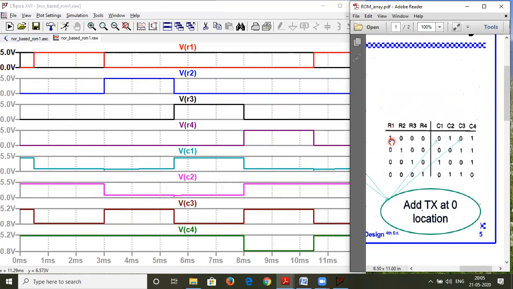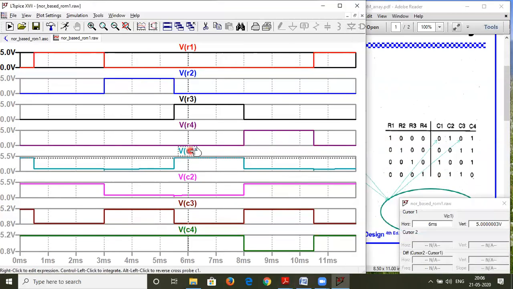When the row is 1, 0, 0, 0, or you can check it this way also. 1, 0, 0, 0. So this is that row 1, and the output should be 0, 0, 1, 0. So let us check that. So here it is 0, here also it is 0, here it is 1, and here also it is 0. So it is indeed 0, 0, 1, 0. It is giving 0, 0, 1, 0. Let us check the amplitude. Always it's a good practice to check the amplitude.